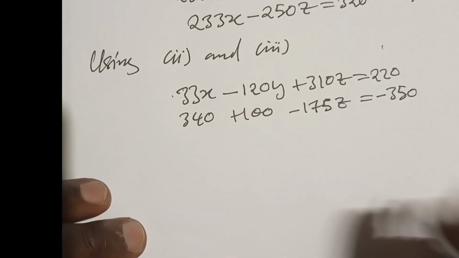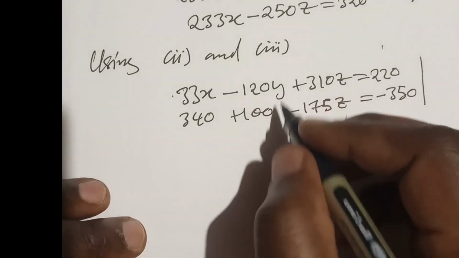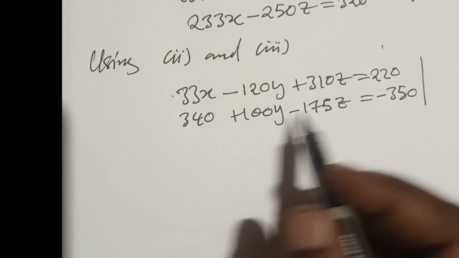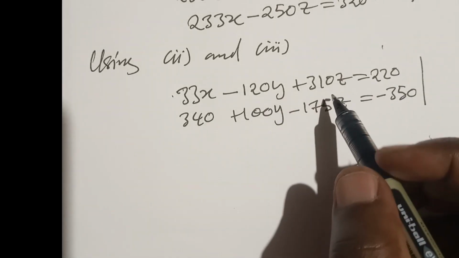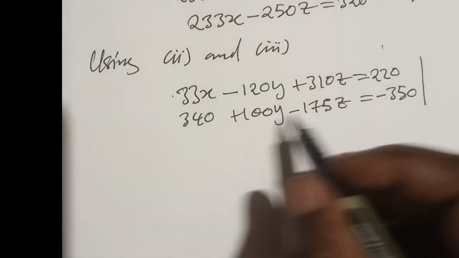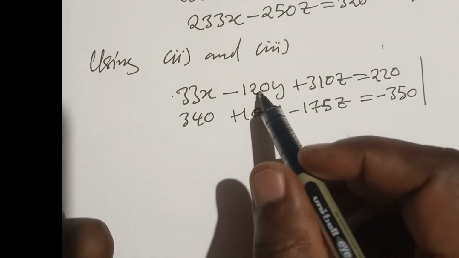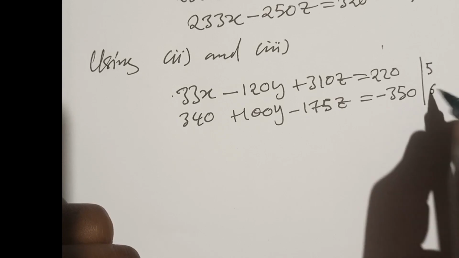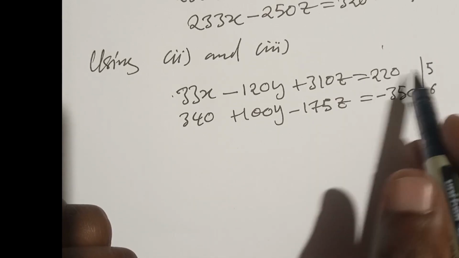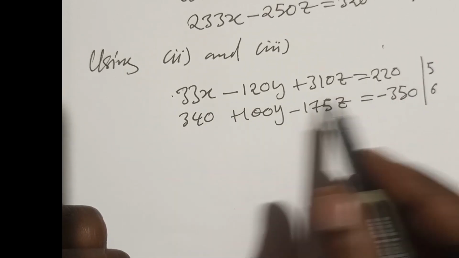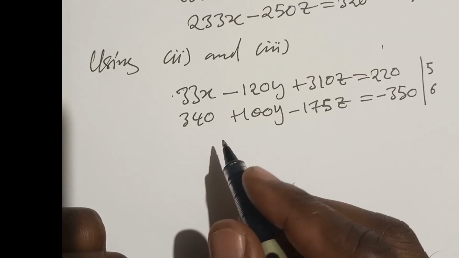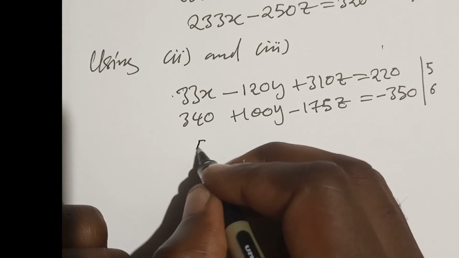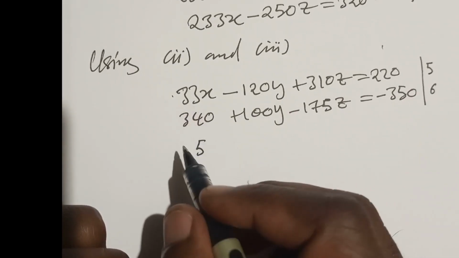Okay, so here we want to eliminate y again, so multiply. Remember that we can multiply so that we can get the same coefficient here. So we can multiply this by 5 and this one by 6. Okay, so 5 times 3 is going to give us 15. We write 15. 5 times 3, 15 again,